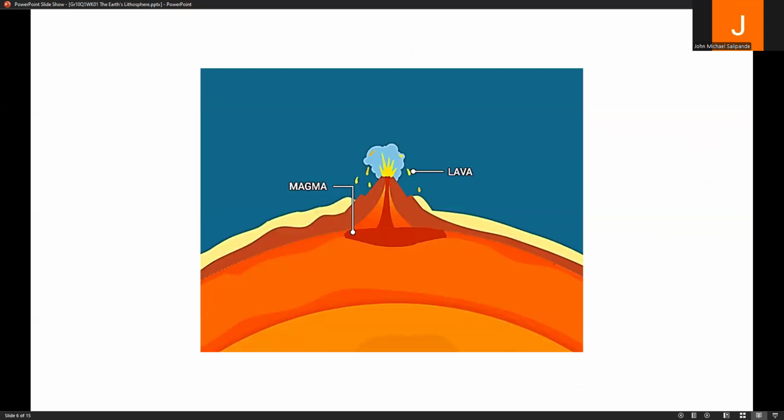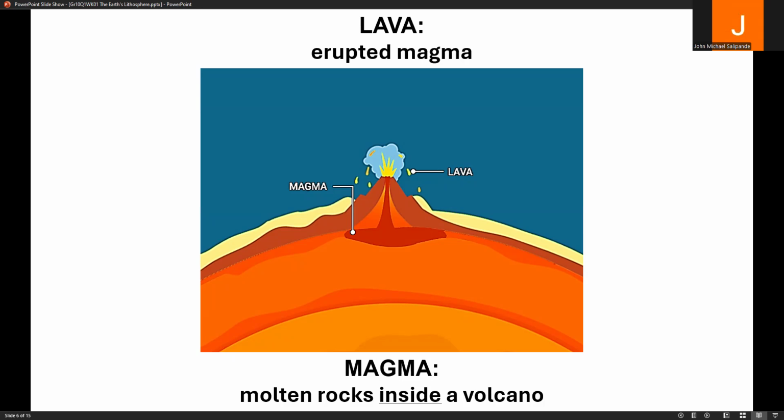Okay, now a lot of people are confused between magma and lava. They're technically the same. Both of them involve molten rocks. So basically when rocks melt, they turn to magma and lava. The difference lies in their position or location. So when we say magma, it refers to molten rocks inside a volcano. So remember, mantle is the magma reservoir. So magma is found inside the mantle or below the crust or inside a volcano. On the other hand, once the volcano erupts, it's not magma anymore, it's called lava. That's the erupted magma.